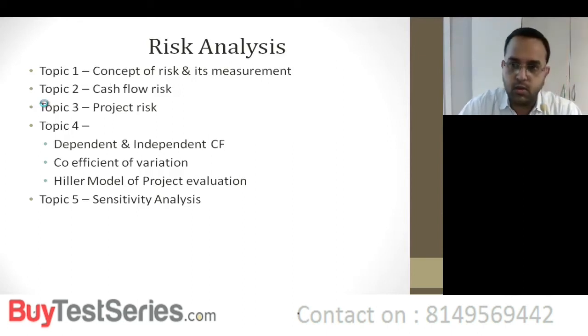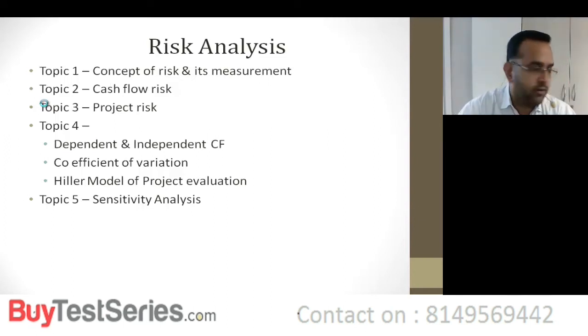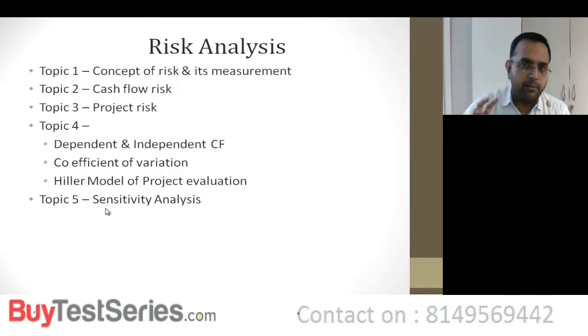To solve this deadlock situation, we said take RF as a discount rate. Find out the cash flow risk, use RF as a discount rate, and find out the project risk. And with that project risk, assign what is the discount rate that should be used, and based on that discount rate, calculate the net present value to select the project. We said this. And last topic that we discussed is sensitivity analysis. We said a project is based on various variables, and if these variables undergo a change, then the project cash flows will also undergo a change. Sensitivity basically measures what will happen to the net present value for any change in the variable, right?